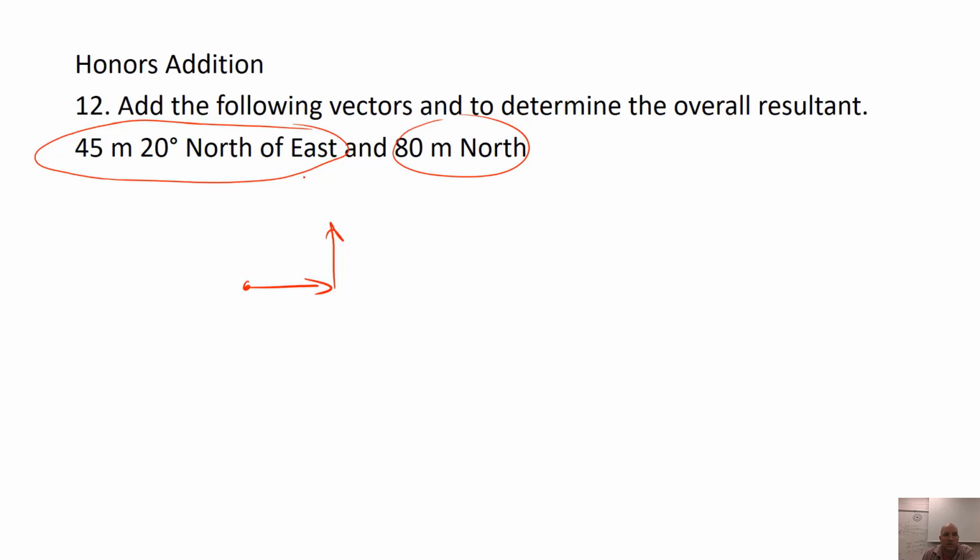So I drew north of east. I drew the last thing first, east, and I drew the north next. And then I'm going to finish off this vector. I'm going to put 20 degrees right here, and I'm going to put 45 meters on the hypotenuse. This will always be